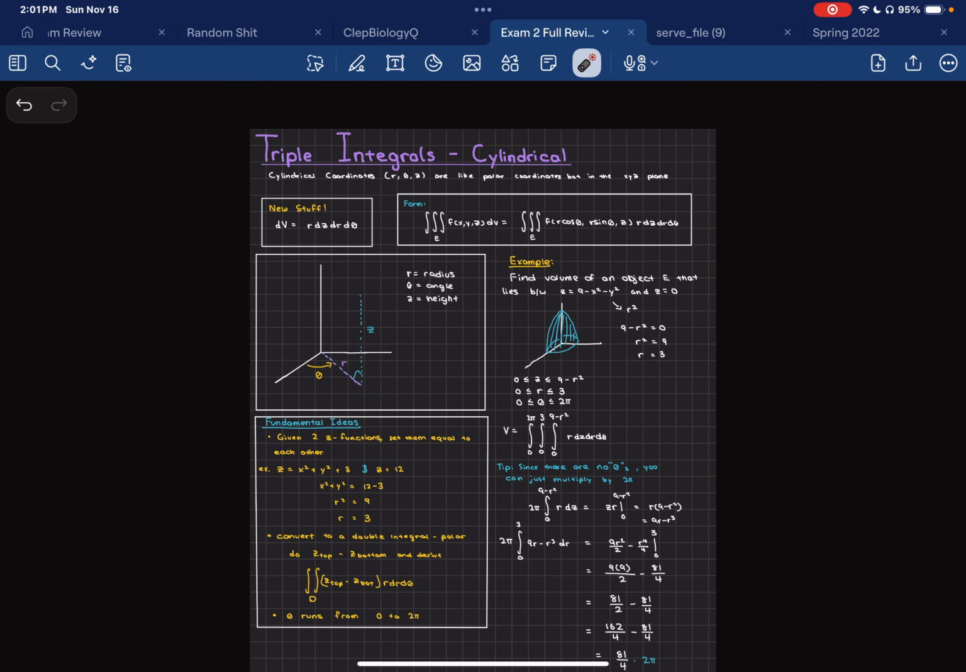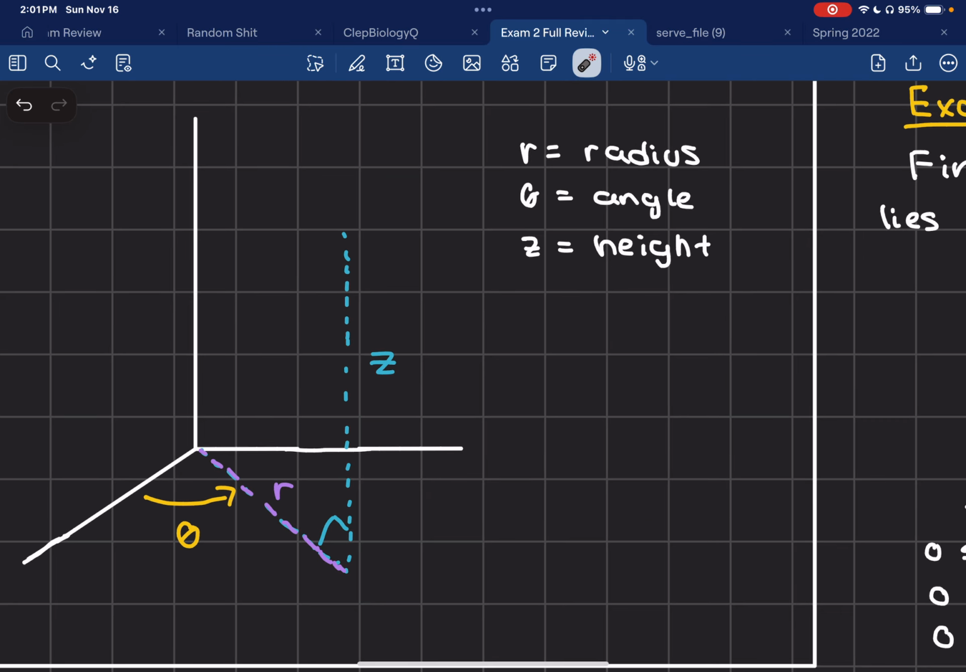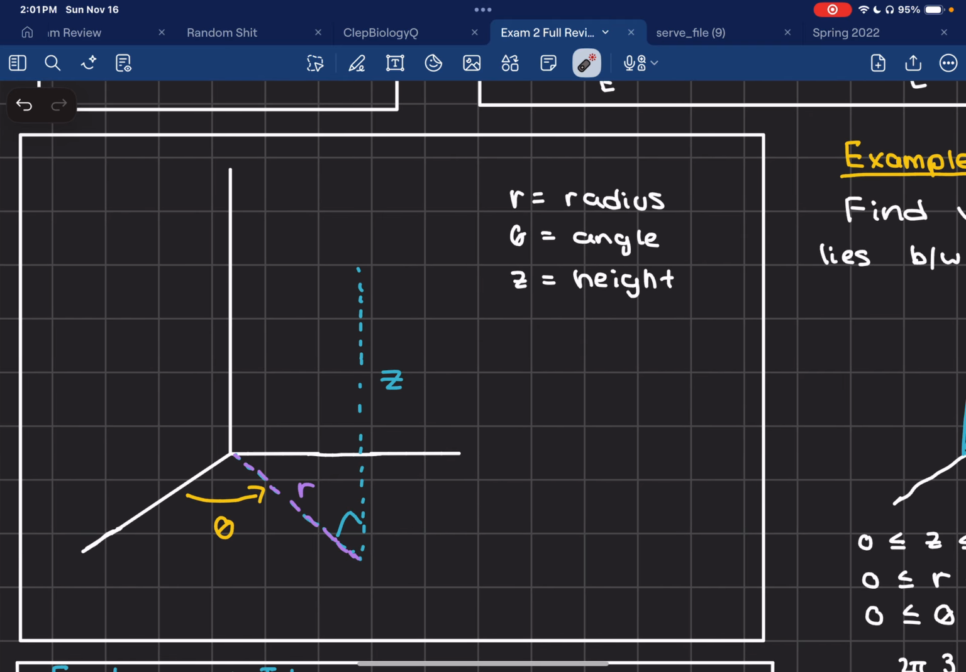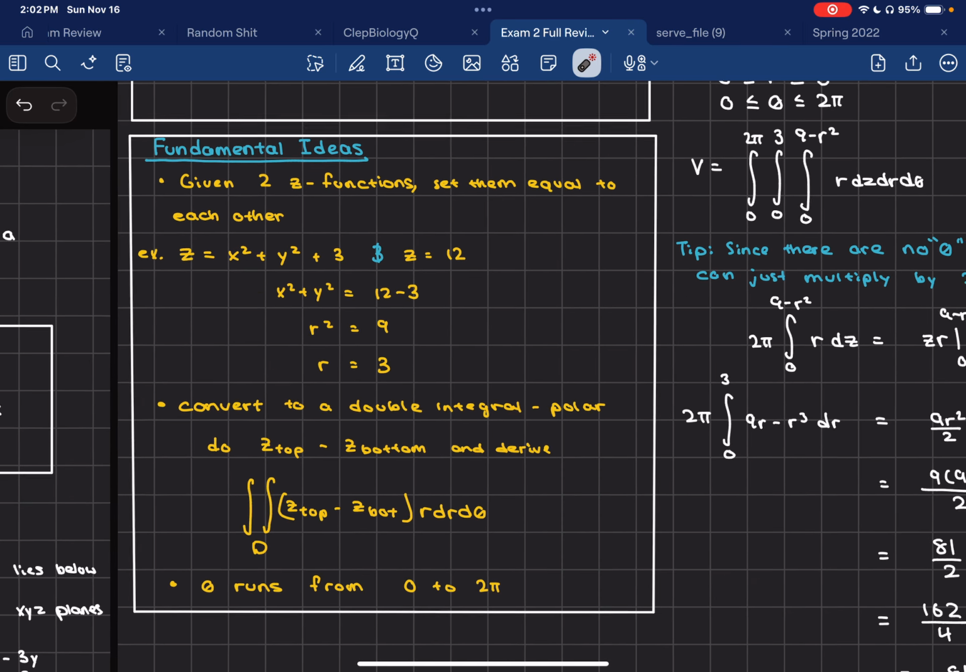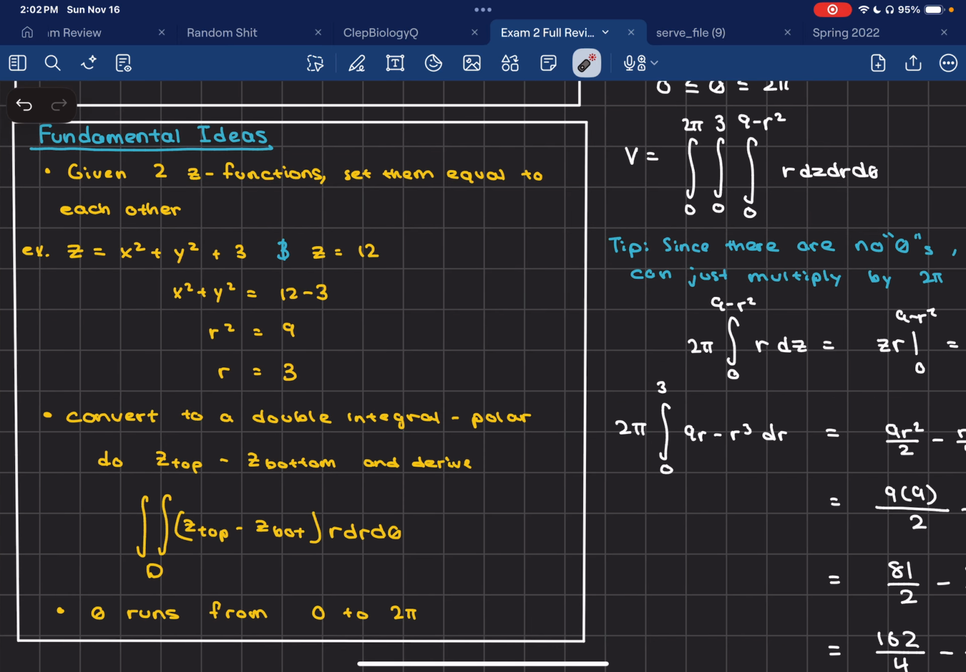So this is what it looks like, right? Your r is your radius. Your theta is still the area swept of the circle, but now you have z, and z is your height, which makes up that cylinder. So here's some fundamental ideas. If you're given two z functions, set them equal to each other. For example, I have this z function and this z. I know that x squared plus y squared is equal to r squared. So if I set r squared and then move the constants over to one side,